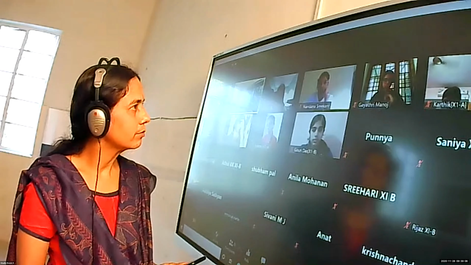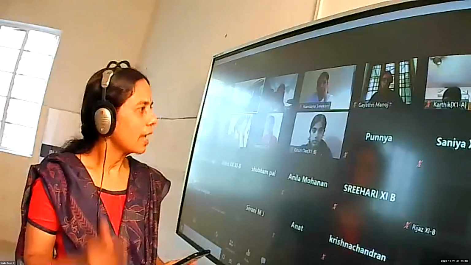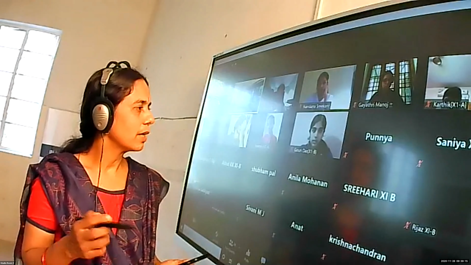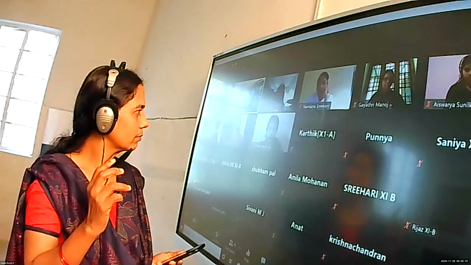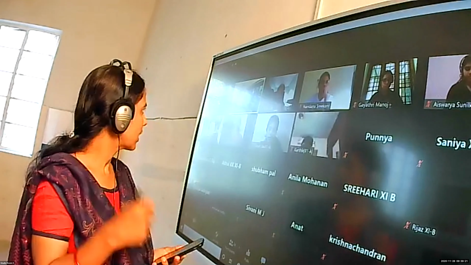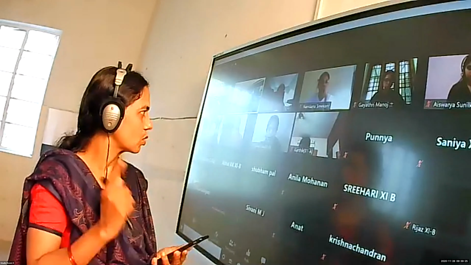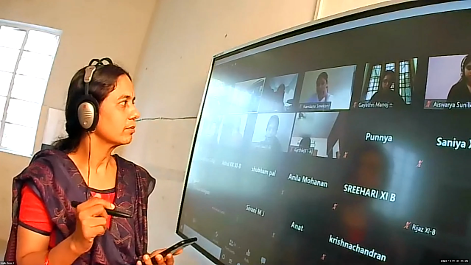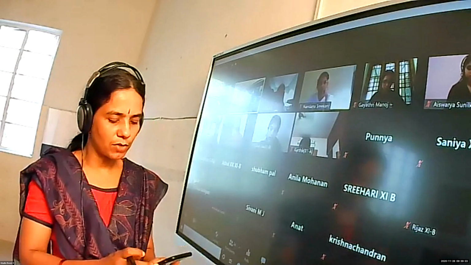Area of triangle? Half into x1 into (y2 minus...). One formula we have learned, or not? In the beginning I gave it. Area of the triangle, what is the formula? We did one question, and we also did finding the area of the quadrilateral in the beginning. Find the area of the triangle using coordinates. Half into, what is the formula? Can you give the formula, Aparna?